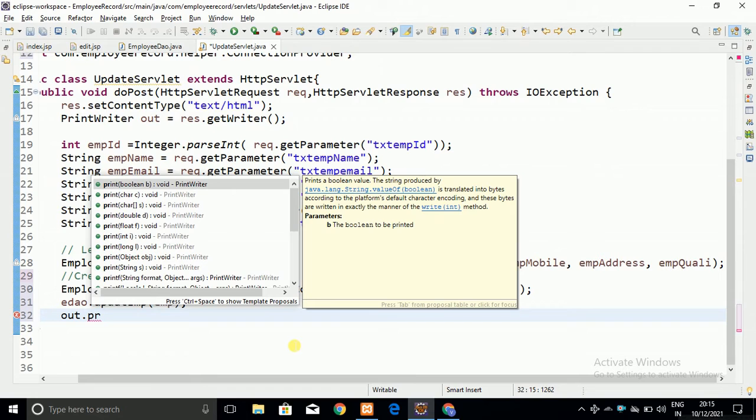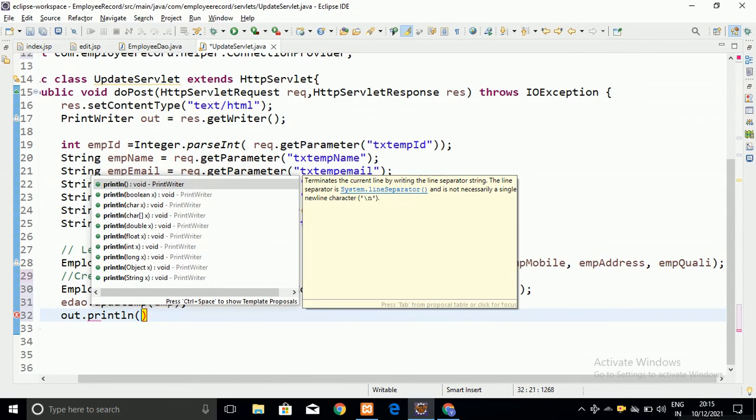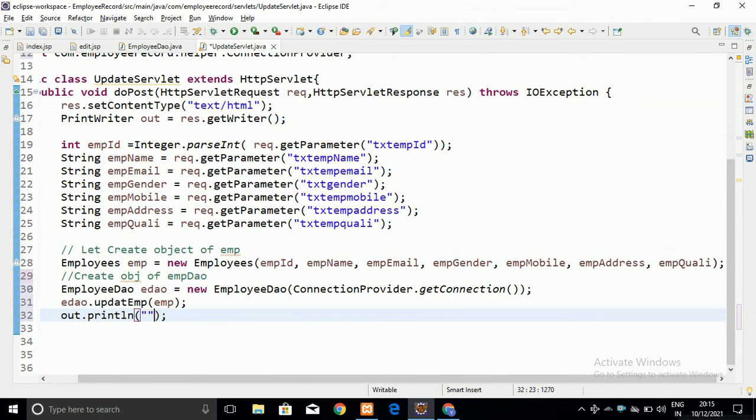So let me print out.println "Data updated successfully". Only if the data is updated perfectly will this message be printed onto the web browser.